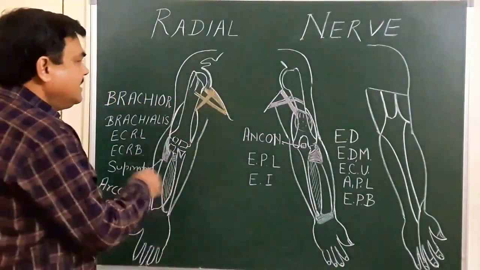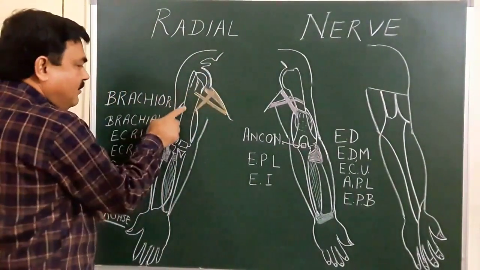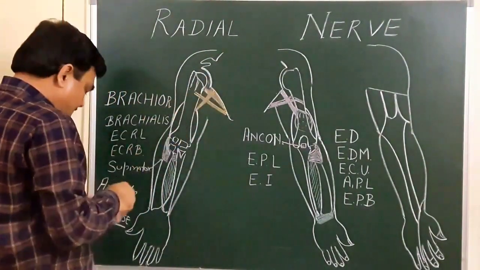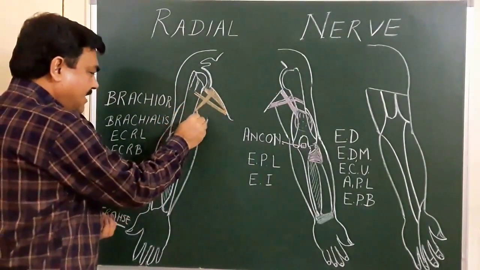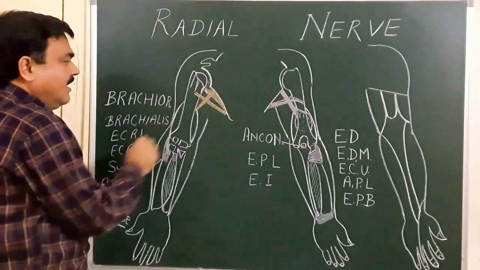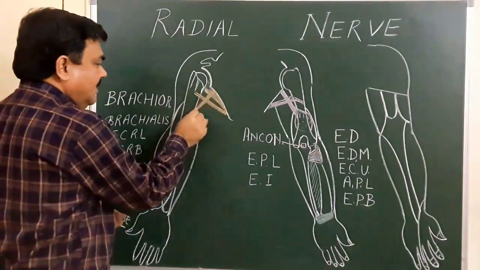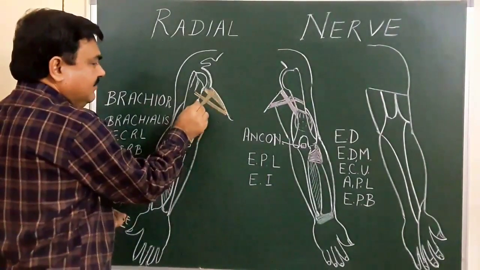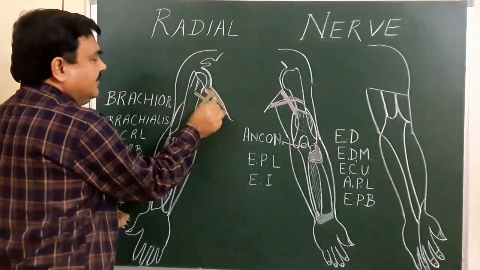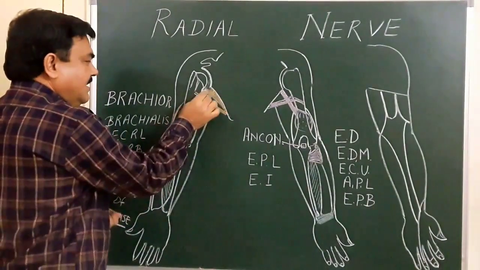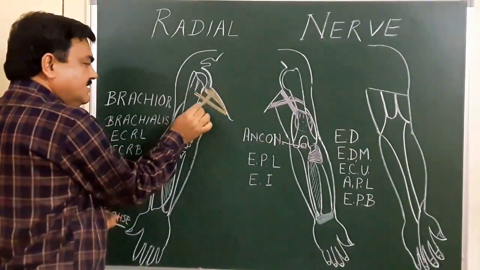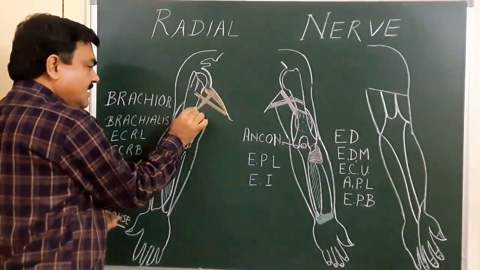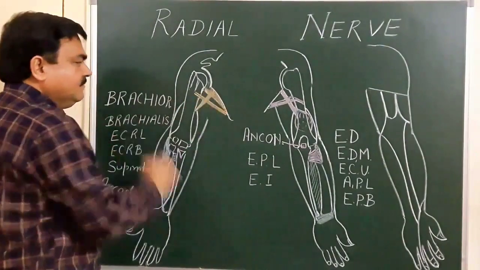In this diagram, you can see this is the scapula, this is the humerus. Here is the lateral intramuscular septum, here is the medial intramuscular septum. Here is the long head of the triceps, teres major, and teres minor. Here is the quadrangular space, this is the upper triangular space, and this is the lower triangular space.